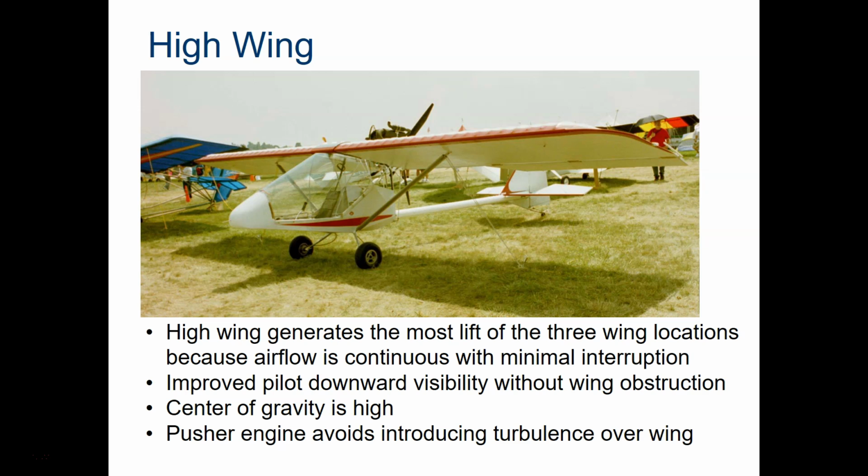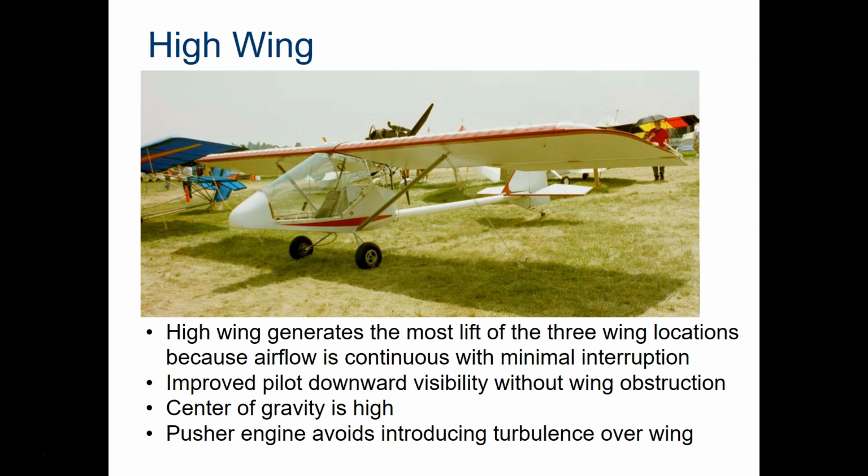High wings tend to generate the most lift of the three wing locations. The airflow is continuous and has minimal interruption. This also improves the pilot's downward visibility and doesn't really obstruct anything in their line of sight. The center of gravity, however, is high. In this case, this airplane has a pusher engine. You can see it mounted at the back end of the cockpit, right behind the wing,